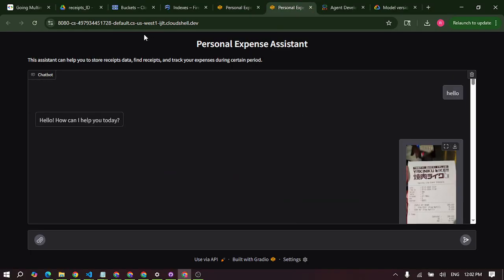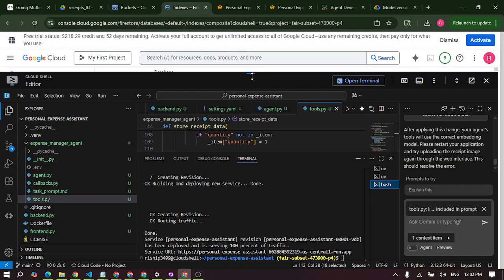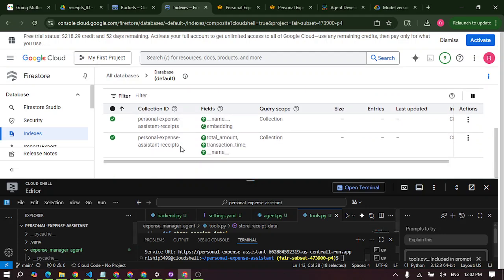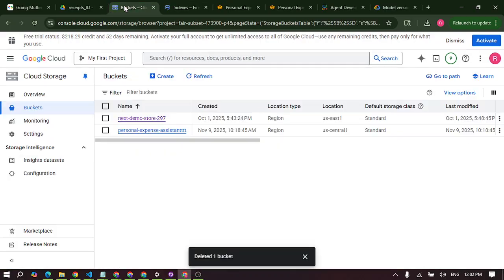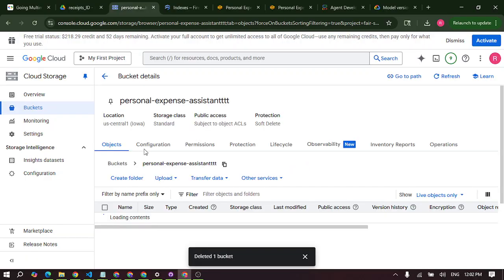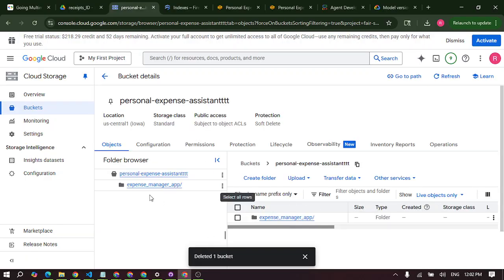Okay, so first, one of the prerequisites that we need is to have the Firestore database, which is right over here. I have set up the personal expense assistant receipt collection in Firestore, as you can see. Then we will need to create a bucket, which is the personal expense assistant bucket. I have created this, and inside that, as you can see,